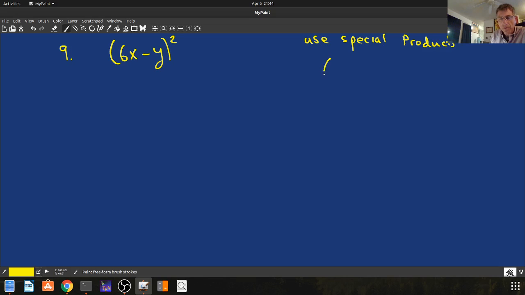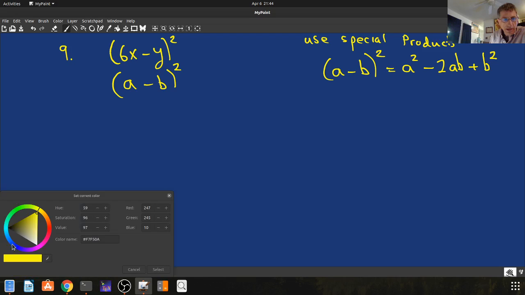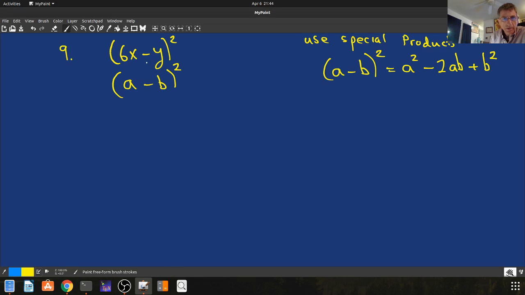And we have the formula a minus b squared is equal to a squared minus 2ab plus b squared. So let's write that underneath here. That's a minus b squared, in which case my 6x is equal to my a, and my y is equal to the b. So by the formula,